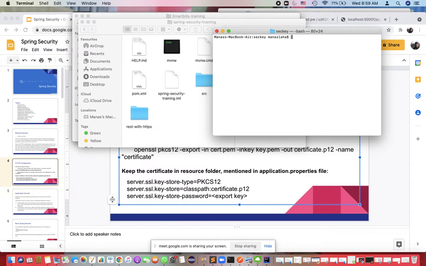Okay, so what I'll do, I'll go inside one folder, inside the desktop. I'll create one folder, that is the Seki one, and I'll go inside that Seki one. I am creating one directory to keep all my certificates and keys. Everyone can start: just create a directory to keep your certificate, from the terminal.